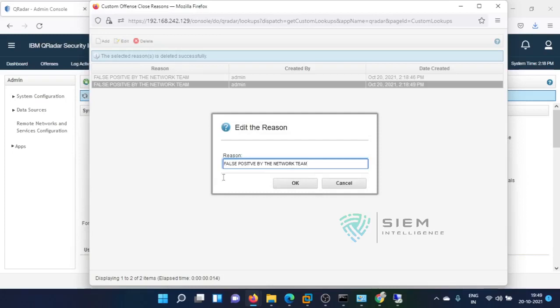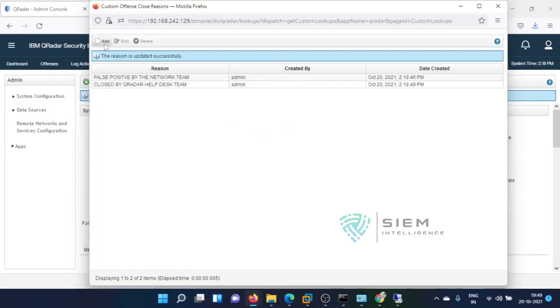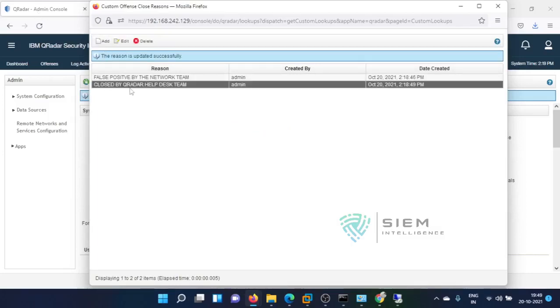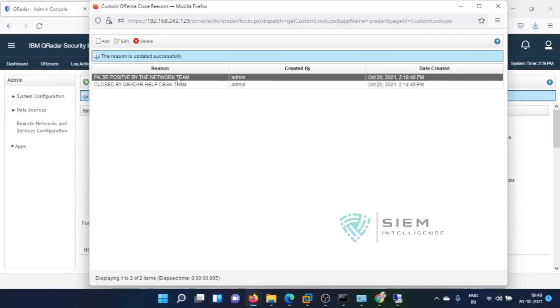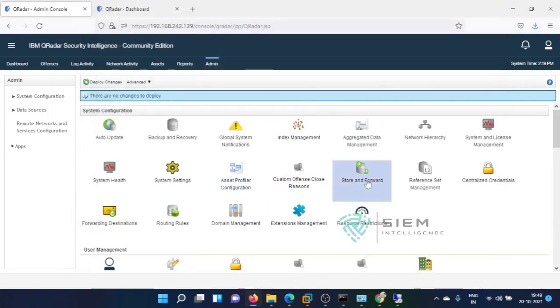Edit this, closed by QRadar helpdesk team. So like that you can give the reasons, and once you are closing the offense, along with the default options, these will also be shown there, so that you can easily close once you have the close reasons, the default close reasons. And store and forward,